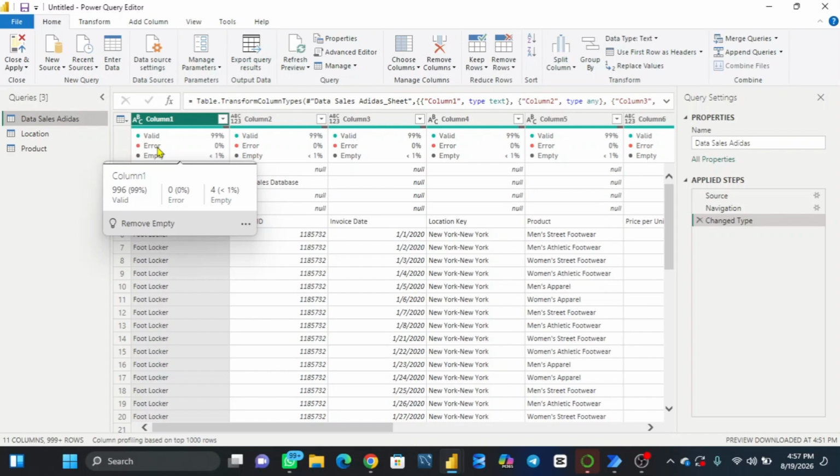You can see it's very dirty. Some are having a blank space. You can see valid 99%. And for you to have a clean data, your valid must be 100%. And not only that, your column too must have header. But this one is not having header. So the file is messy, it's dirty. So the first thing to do is to go to,